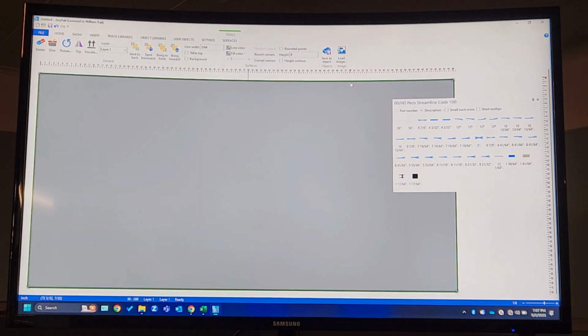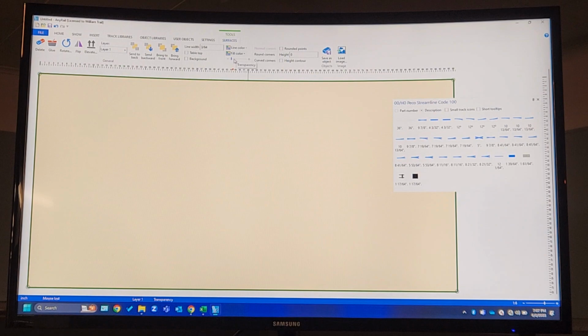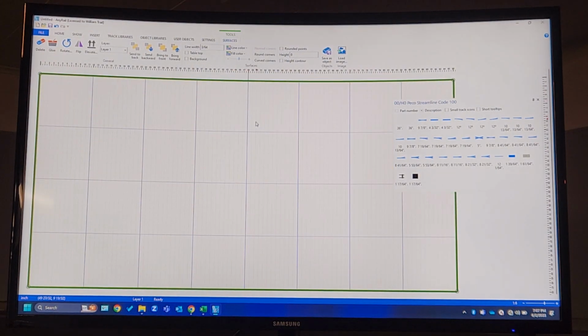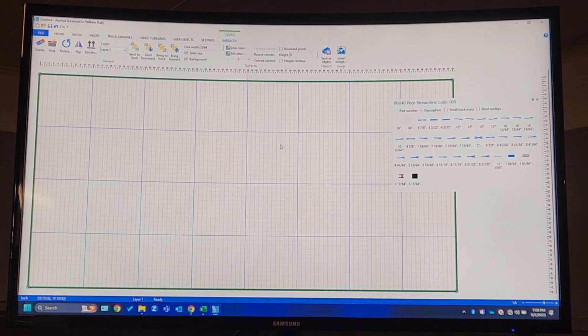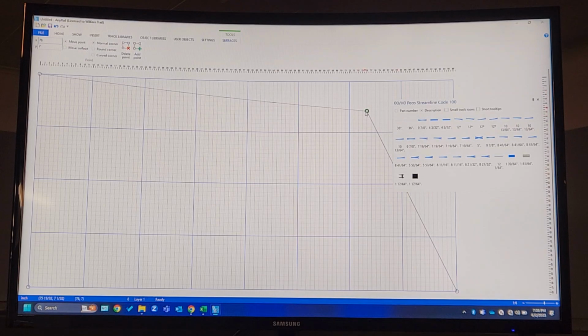Now in AnyRail, you can do really cool things with these shapes. You can fill them with different colors. You can lighten them up so you can see through them. You can actually put them into the background. And in this particular case, since it's going to be our tabletop, I'm going to designate it as the tabletop. Another cool thing you can do is you can move these shapes around. You could add